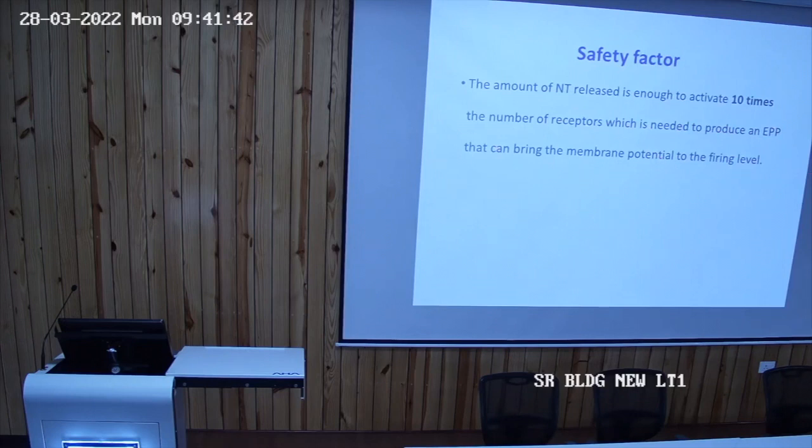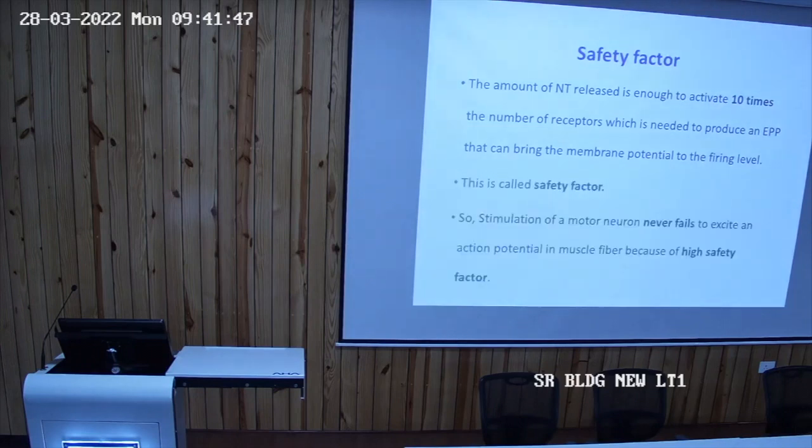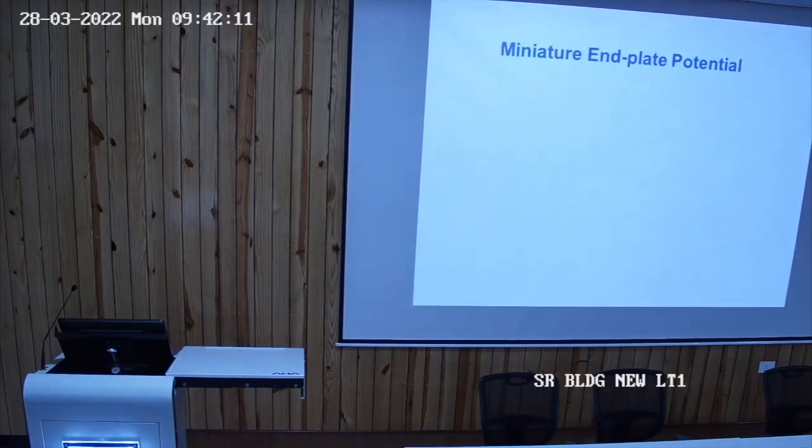इसे क्या कहते हैं, safety factor. Okay. So this is called the safety factor. So what happens, stimulation of a motor neuron will never fail. जब भी हम स्टिमुलेट करते हैं, अगर एक्शन पोटेंशियल आ रहा है, नर्व को आपने स्टिमुलेट कर दिया तो मसल कॉन्ट्रैक्ट करेगा, स्केलेटल मसल स्पेशली। They will never fail to excite an action potential in a muscle because of high safety factor, क्योंकि सेफ्टी फैक्टर ज्यादा होता है, ओके।